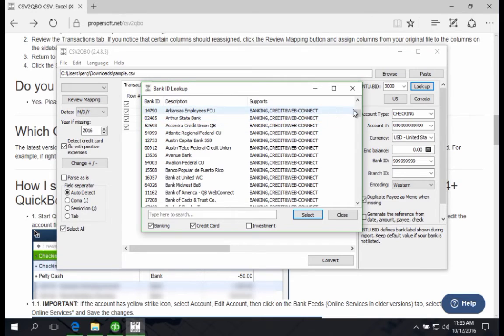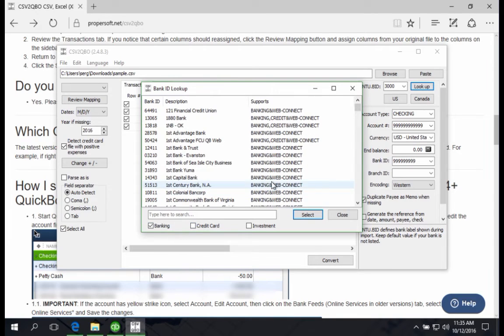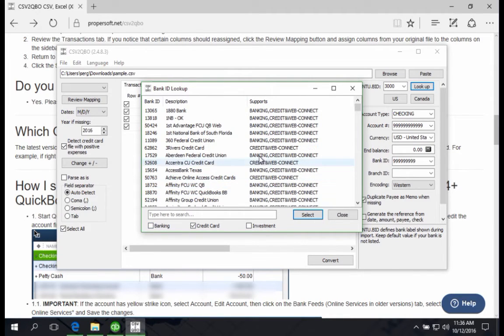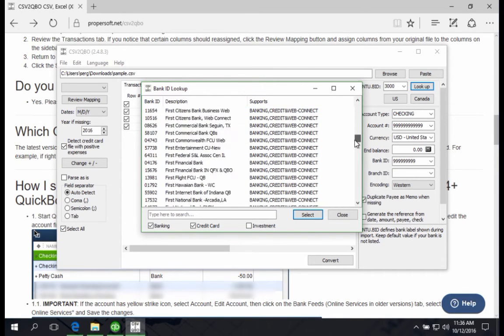Some banks have just banking, some banks have just credit card. For example, if I uncheck this one, you can see only banking, so you cannot import credit cards, and some just credit cards, so you cannot import a checking account. If you mark both of them, you can choose any bank. It really is not important which bank you choose,